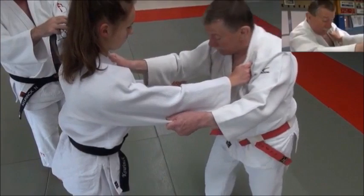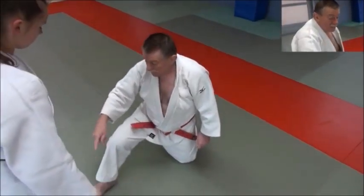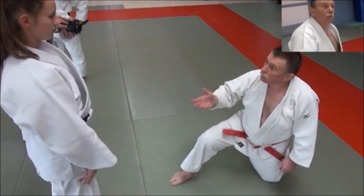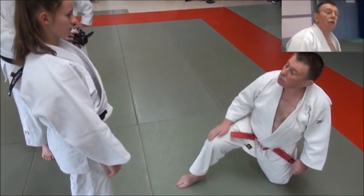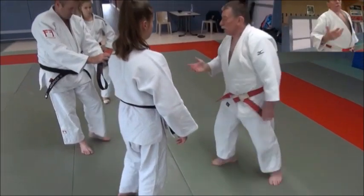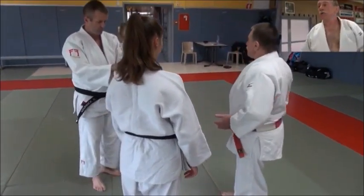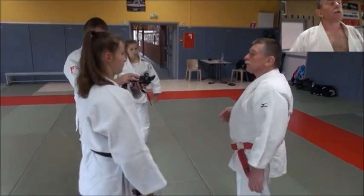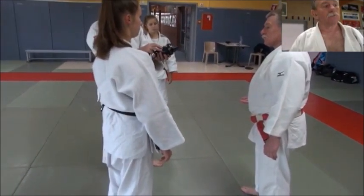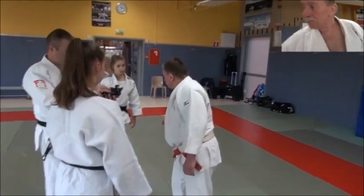Maintenant, là, sans dépasser, tu avances légèrement sans dépasser mon genou. C'est là que tu vas tomber. Et c'est là qu'on amplifie la technique. Alors, on fait à droite et à gauche. Pourquoi on fait à droite et à gauche? Parce qu'on peut avoir affaire à des gauchers, à des droitiers. Et il faut savoir s'exprimer à droite et à gauche, et aussi bien faire les ukemi à droite et à gauche. Ça, c'est important. La deuxième technique, ça, c'est...